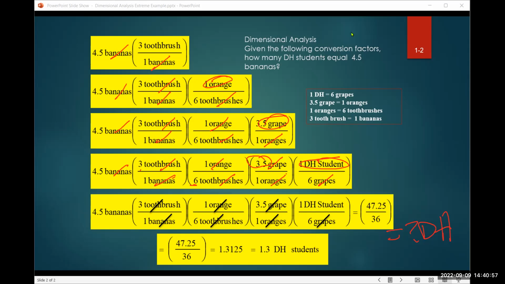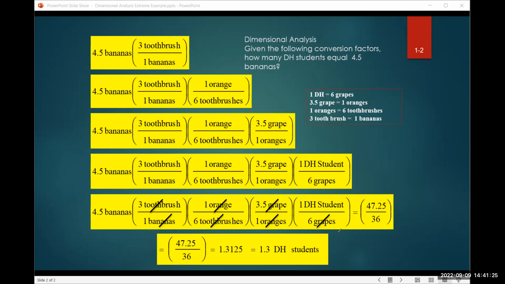Okay, so that is an extreme example, but that's the point. To give you an extreme example where you literally have apples to oranges here. But given the factors, you can do that. And I made it an extreme example because sometimes when we get to chemical reactions, you might feel like that. I'm like, wait a minute, how do we get to,